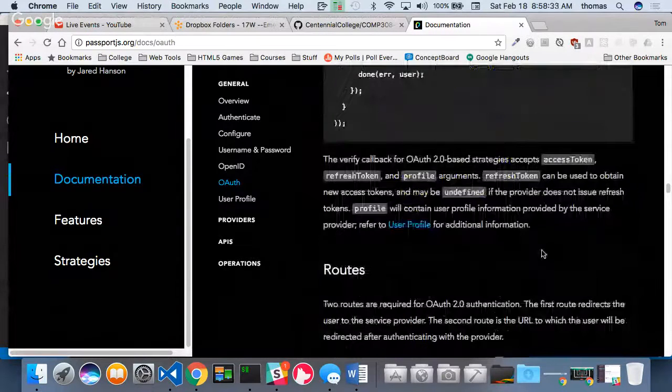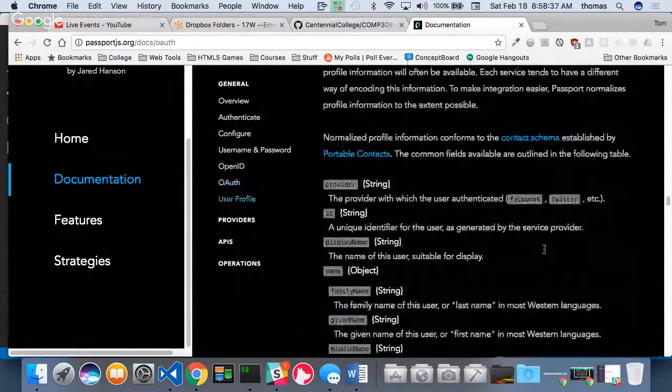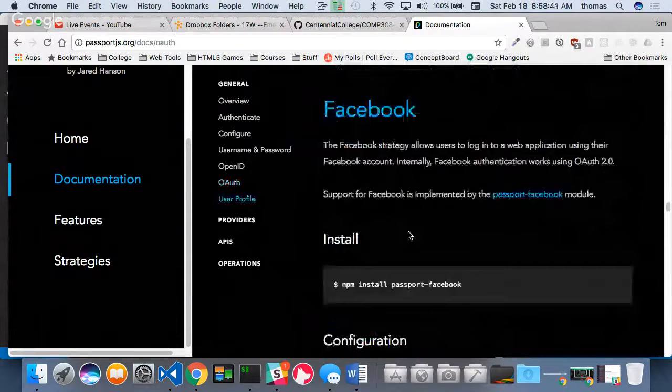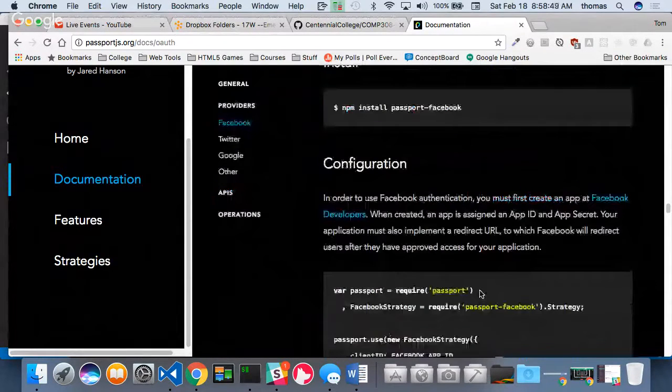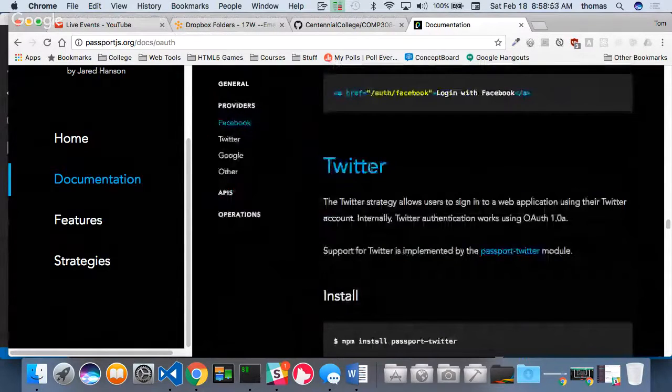If I scroll down here, it talks about how to create a user profile. And how to do things for Facebook, another install for each of these, another module, a sub-module for each of the strategies. So Facebook will have its own module, how to do routes and permissions, and here's Twitter, and they give you the information on how to connect with all of these,